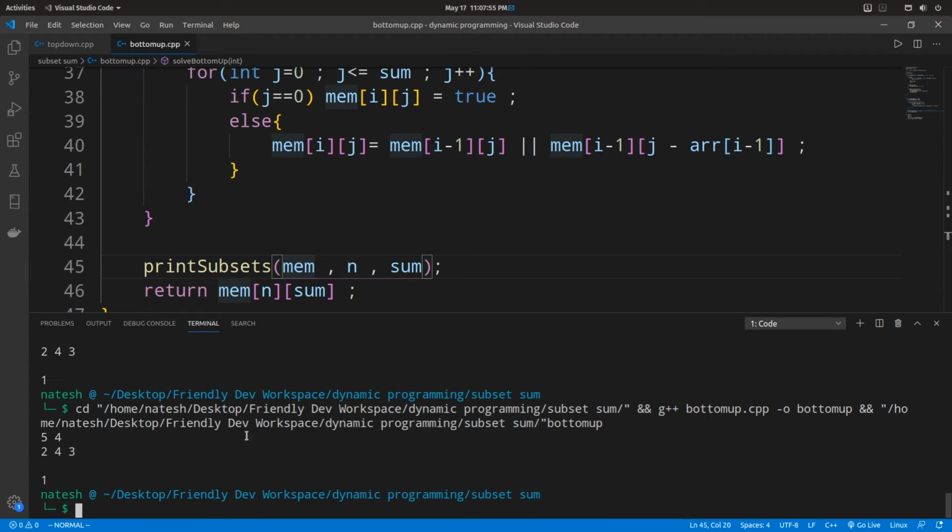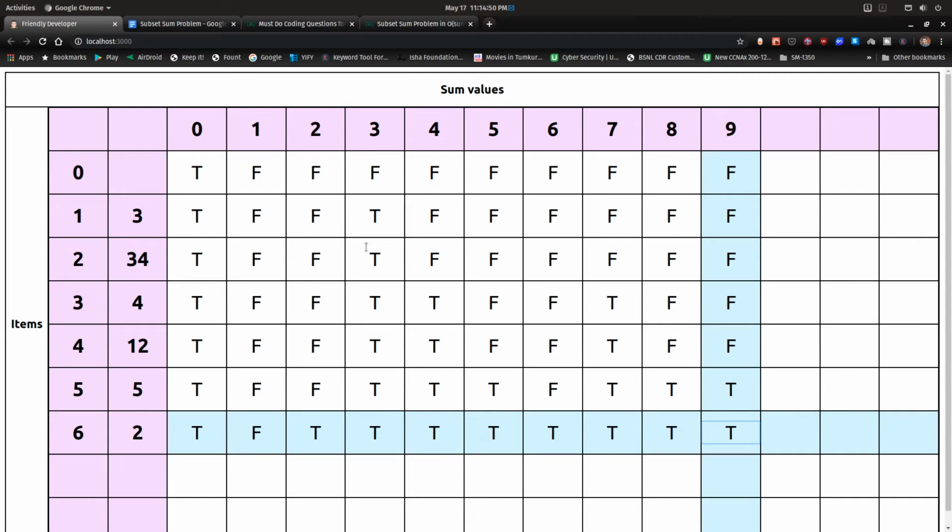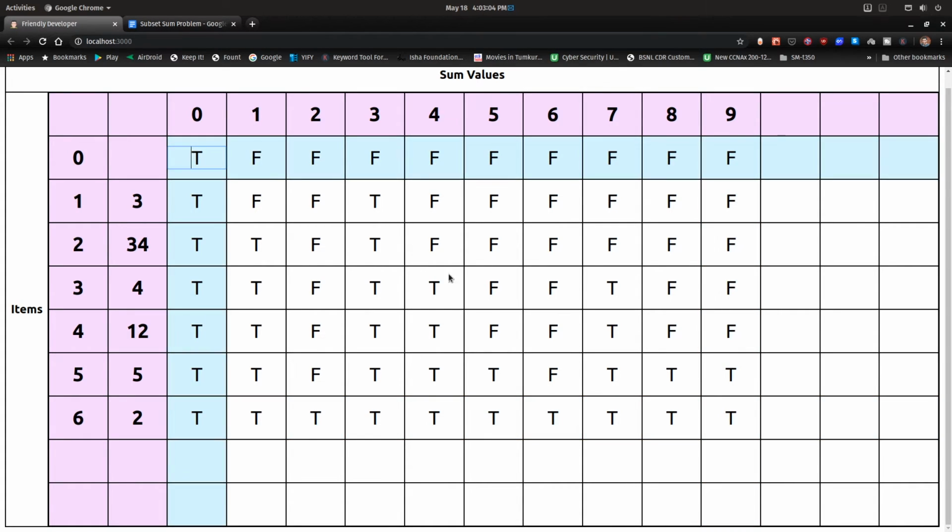and yes, we can get all these subsets, guys. Alright, now that this is done, let's look at how to reduce the space that we have used. Okay, now we have used a table of space, guys, 2-dimensional memory. Okay, in fact we don't actually need a whole table to find the solution to our given problem. Okay, why did we need this table? Because every time we needed to find the solution to two subproblems.